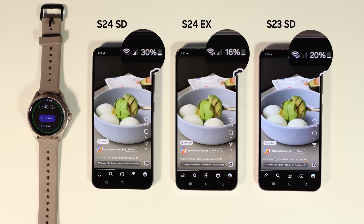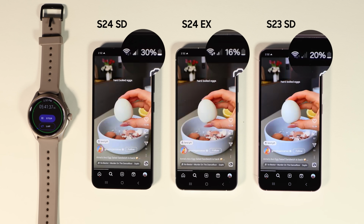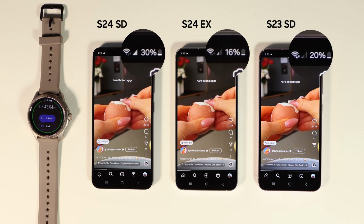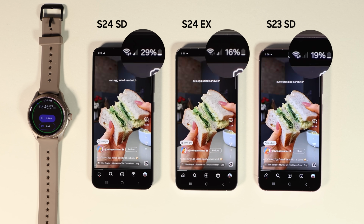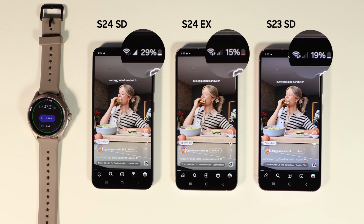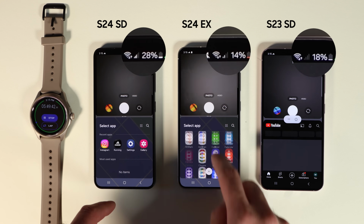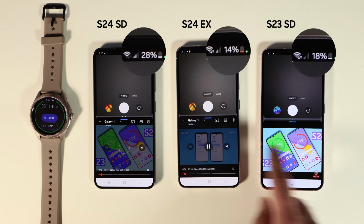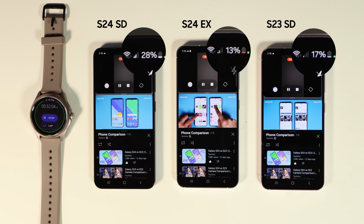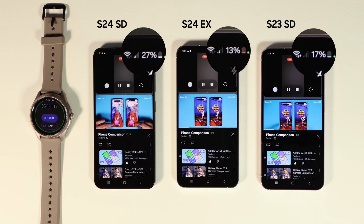As we all see, Exynos performs less efficiently in not only 5G, but also on 4G and airplane mode. I assume if you pay 1,000 euros for a phone, you want to use it for more than Wi-Fi web browsing, right? Samsung is advertising this phone as something that can survive 7 years. I doubt a bit this phone can last that long if you plan to live your life outside of your